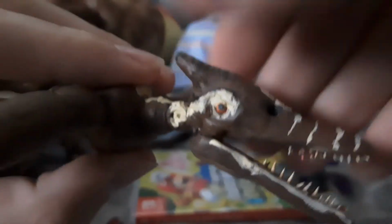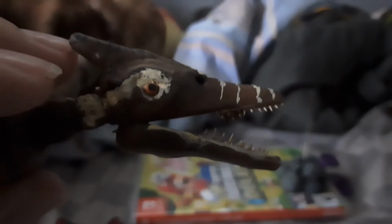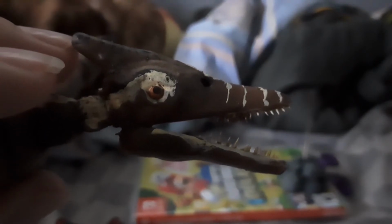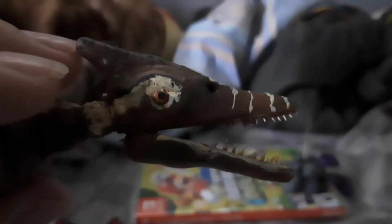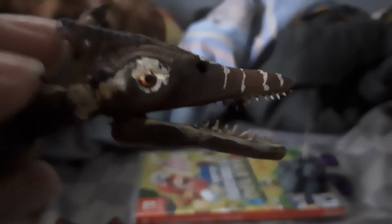So let's take a look at the head. See, here's the head. I put a lot of detail into it. See, this is on the eye area, on the temple right around the eye. There is some like a brown, because I put a gloss brown wash over it. As you can see, the eye is painted orange with a black dot. This side is a little bit tinier with a black dot, but